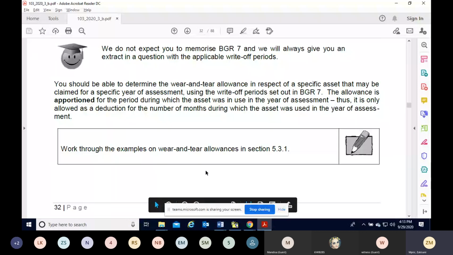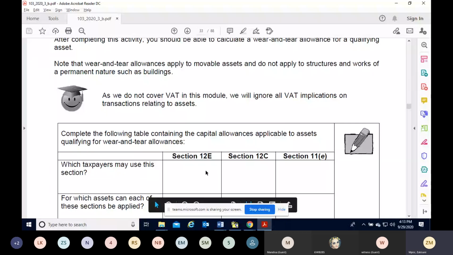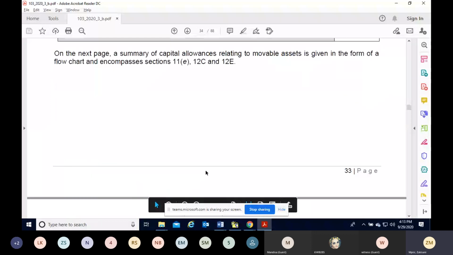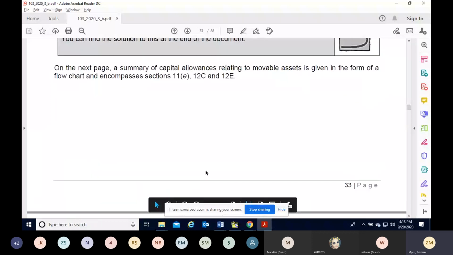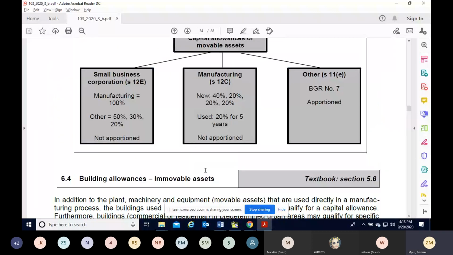The most important thing that I do want to say about 11E is something you can see when you are looking in your textbook. In your textbook, specifically for 11E, it's